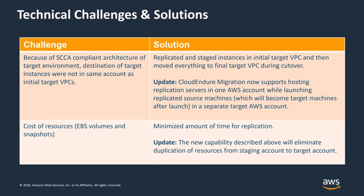So some challenges came about because of the SCCA compliant architecture and the way the account structure was set up. CloudEndure was not really set up at the time to be able to launch the workloads into the end state environment. It was set up so that it assumed that the end state environment was the account